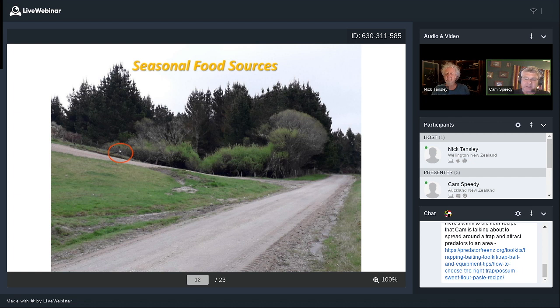The reason that bait station is circled in red there, the reason that bait station is on the fence post, is that seasonally that's a really productive landscape to target your possums, because they're feeding on other things, pine catkins and willow buds in this case. You can fill that bait station up with something yummy, some pre-feed pellets or